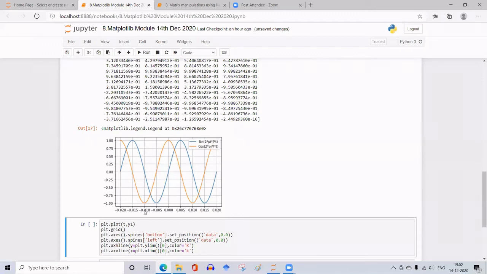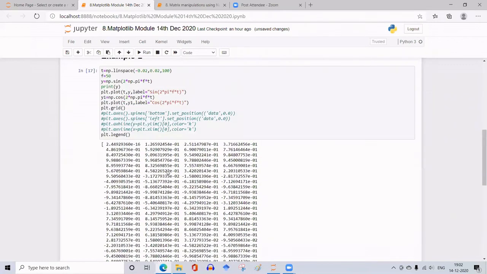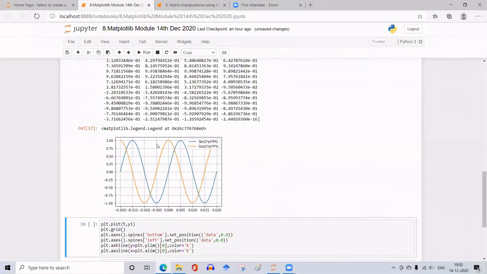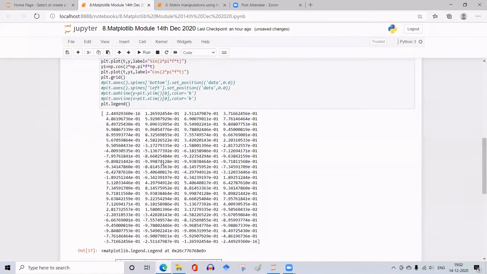So we want to shift this x-axis to the middle of this graph and the y-axis also to the middle of this graph, so that the intersection of x and y, that is the origin of the axes, will come here. To do that, these lines are called spines.